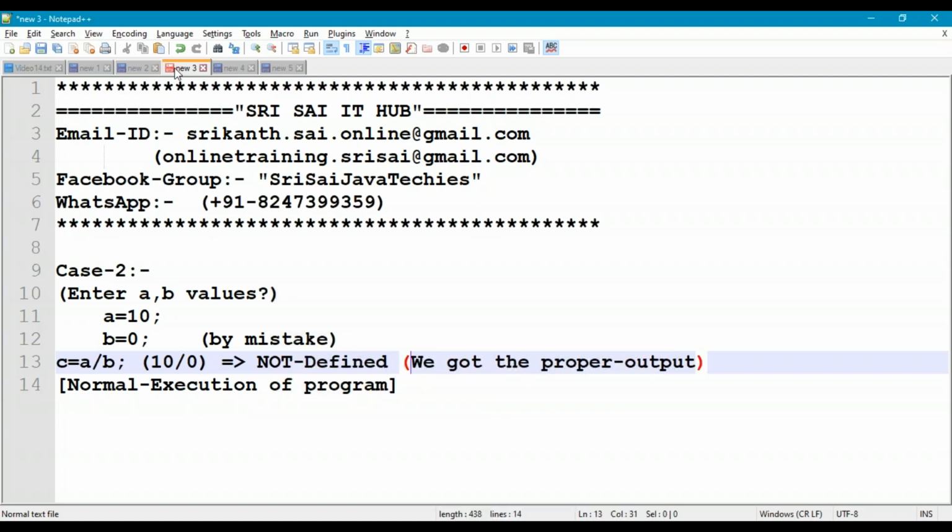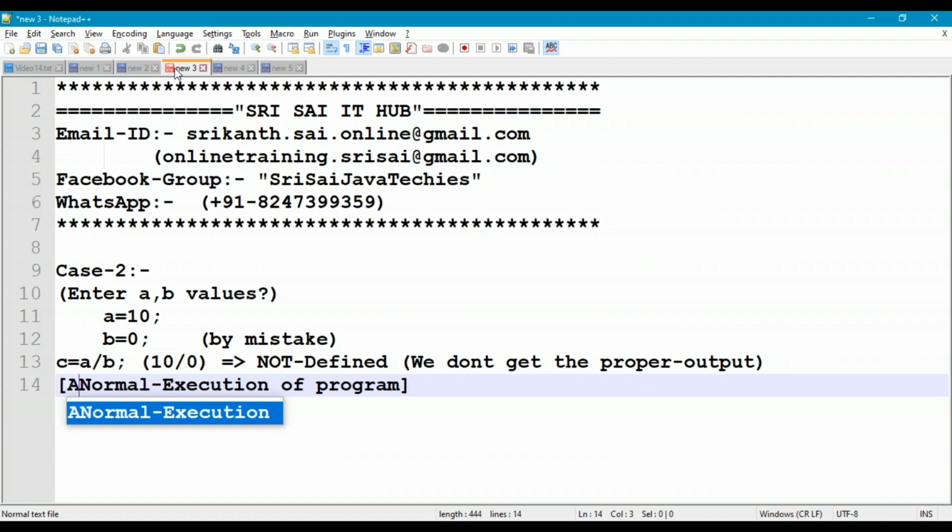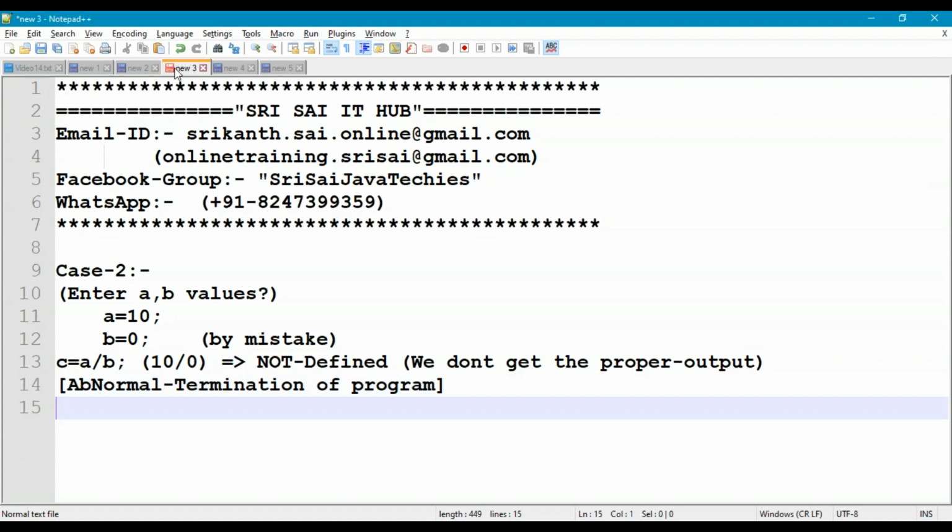Okay, so here we don't get the proper output. So when we don't get the proper output, it is called as abnormal termination of program. So what is this abnormal termination of the program?